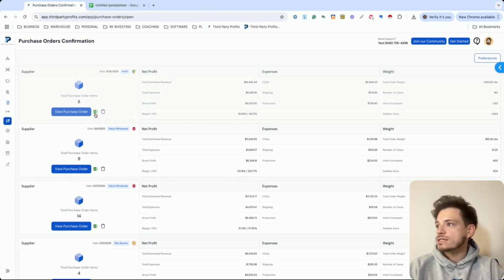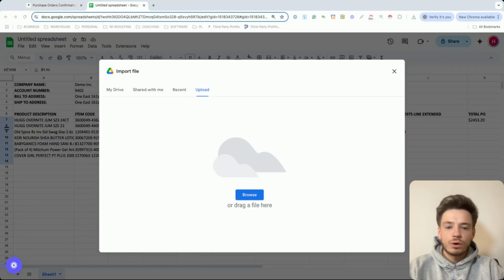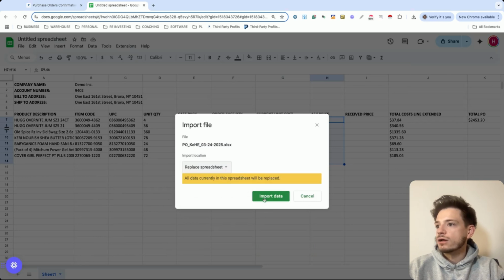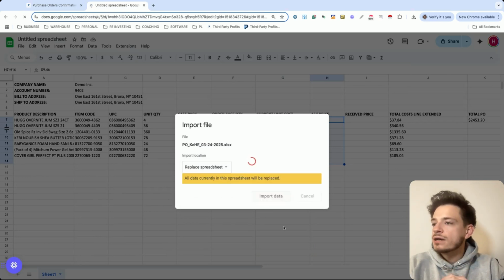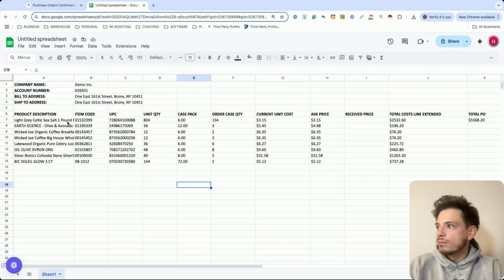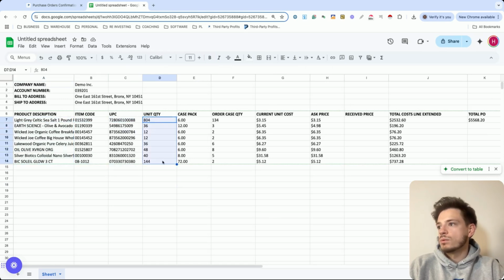Now, if I wanted to download the PO and submit this to my supplier, all I need to do is click on this Excel file. All I need to do is just drag and drop it, make sure the file looks good, import the data, and now all of a sudden you're going to see everything you need for the PO. The product description, the item code, the UPC, how many units you want to buy, the case pack, how many cases, the unit cost, if you want to ask for a better price,